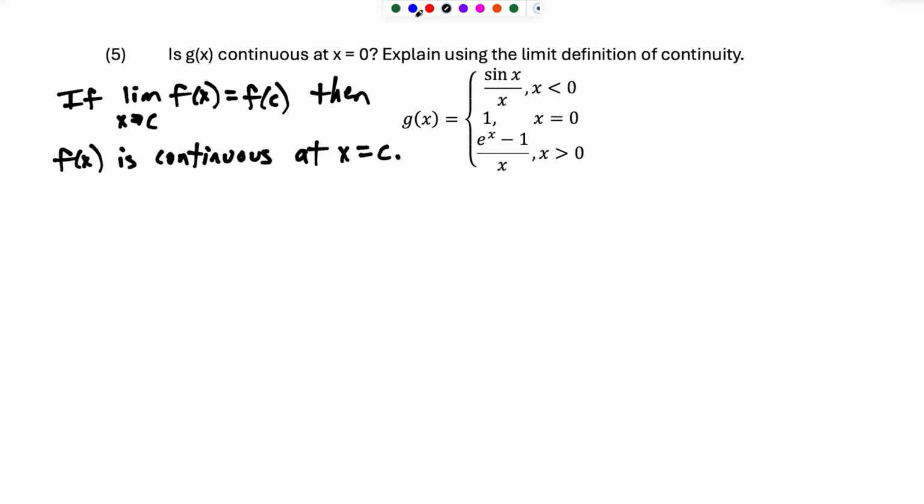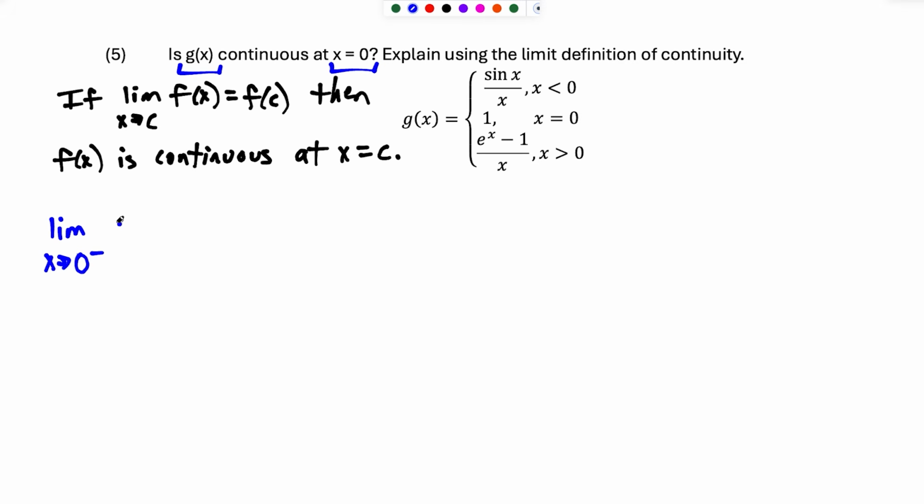So what that tells us for a question like this is that first we should find the limit as x approaches, in this case, 0 of g of x, okay? Because the c value is where you're trying to see if the function is continuous. So here we want to see if g of x is continuous at 0. So let's start that process. And since our function is piecewise here, we're going to have to take the limits from the left and right side of 0. So we're going to have first the limit as, let's say, x approaches 0 on the left,